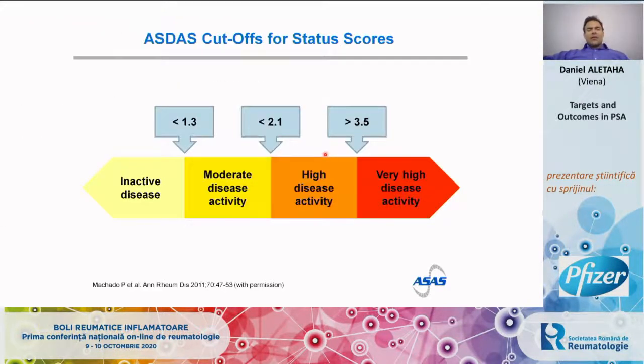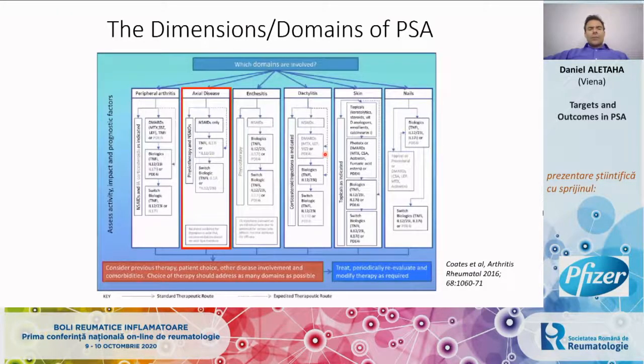And you can use on that ASDAS scale cut points that can define again remission, which is the traditionally called inactive disease, and higher levels of disease activity, which then again is something where you can do a treat to target on the axial component of disease activity. Now, there's 4 remaining domains, and no worries, I won't go in that much detail in all of them,